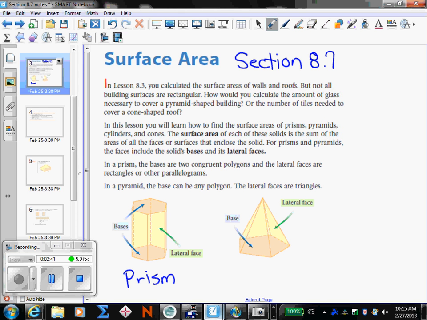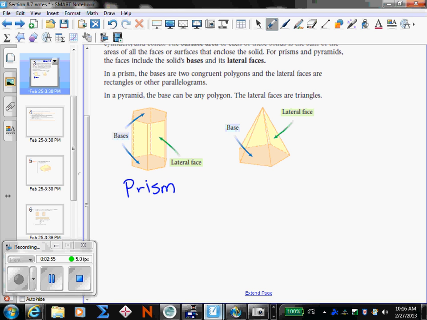So if you're going to find the surface area of a prism, you find the area of the bases, which I will call big B, and there are two of them, and then the area of the lateral faces. So think about if you were to lay it flat, just like the figure was before you cut it out and made it into a prism. We're going to call it surface area instead of just area because it's three-dimensional. So we have two bases, so I'm going to say 2 big B plus our lateral area. So B is the area